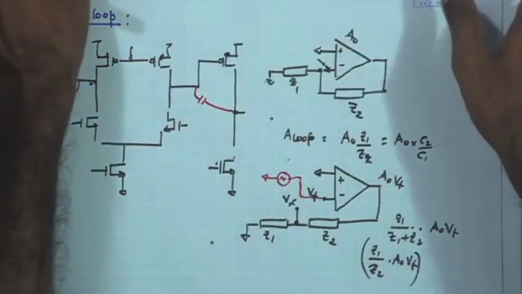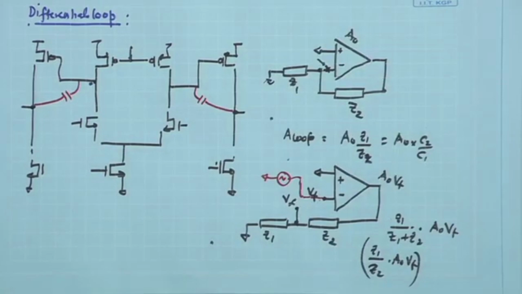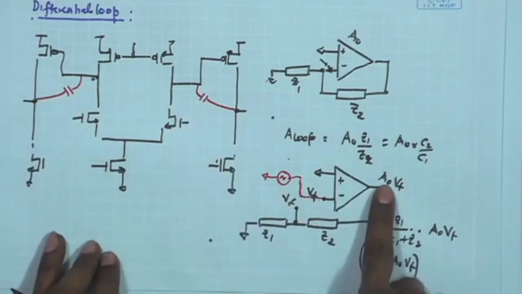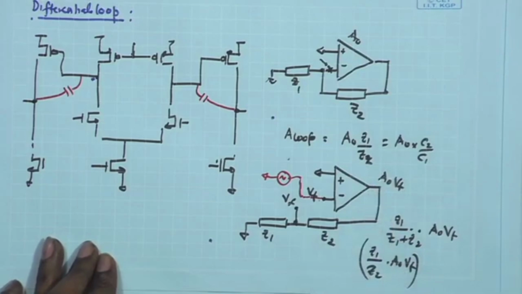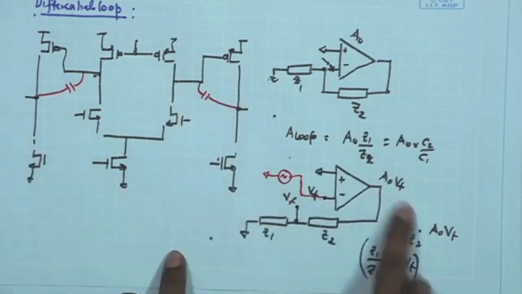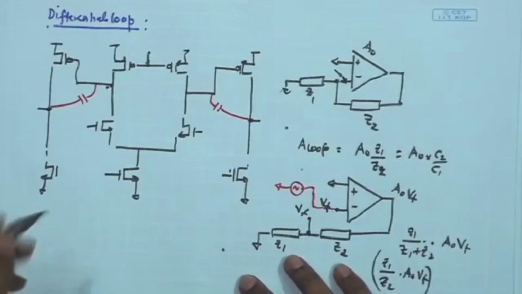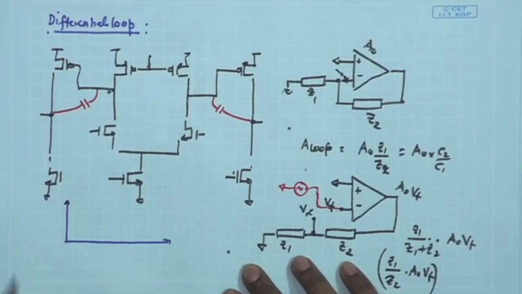When I refer to a diode connected load, that means both the sides having diode connection. So, in that case, the overall loop gain for the common mode is of the order of A naught, very close to that, whereas for the differential loop we are seeing that you have another factor Z1 upon Z2 coming, which is anyway suppressing the loop response or the loop gain. And if I look at the Bode plot, for example, for the magnitude and the phase response, what we are seeing is that the